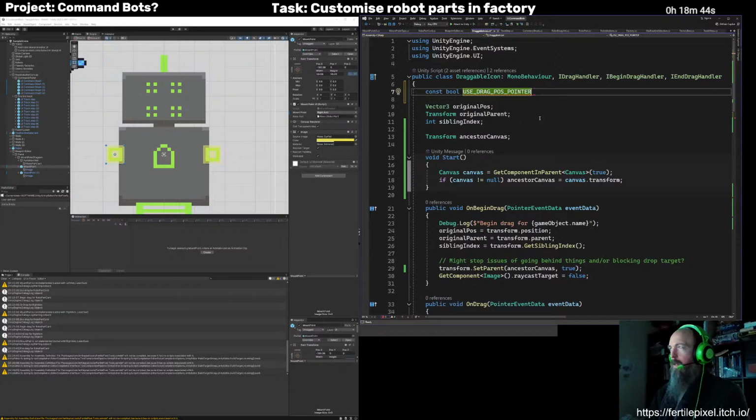There we go. Use drag position pointer equals true. Well, I think pointer drag pos makes more sense.